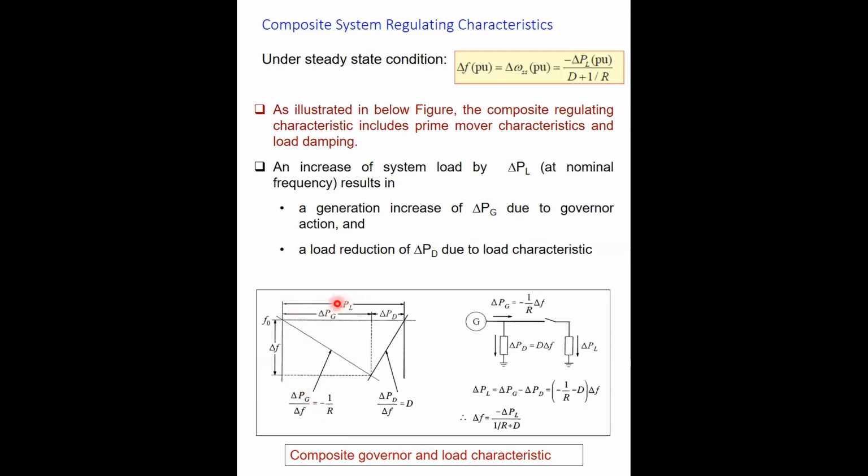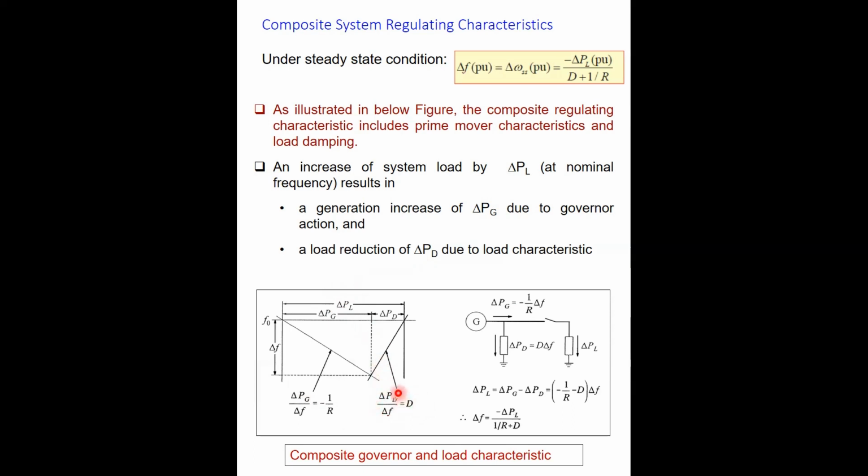But for this change in the load, which corresponded to this much, there is a reduction. It is basically the load reduction, or in fact the generation demand. How much change in the generation is demanded by this change in the load, that is something reduced. So with the load damping constant given by this,